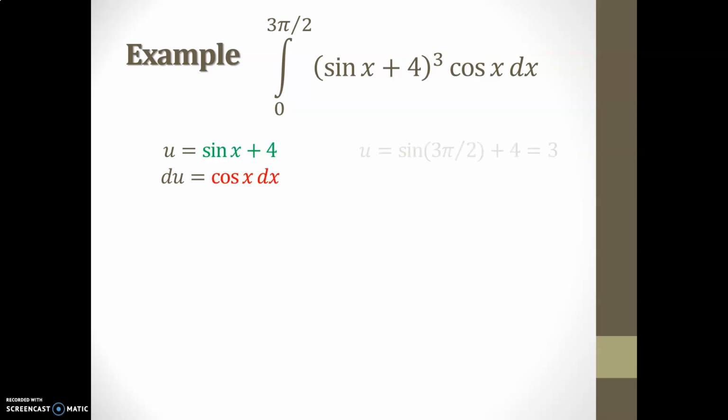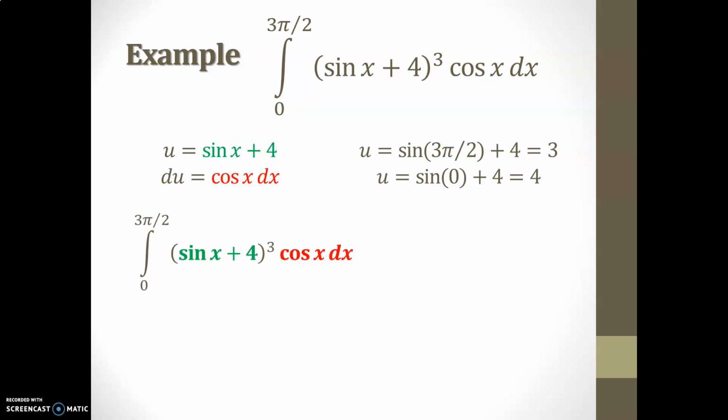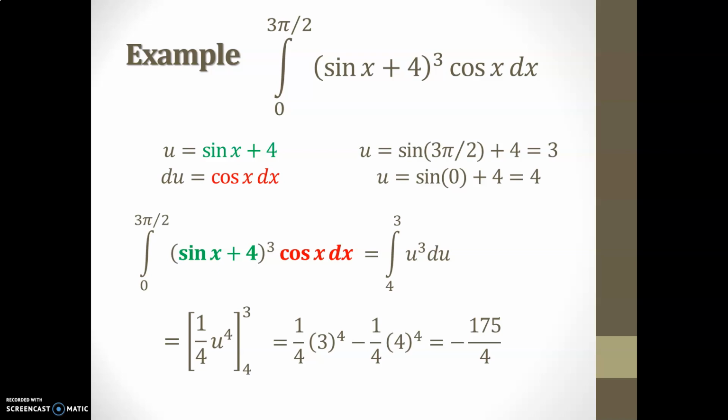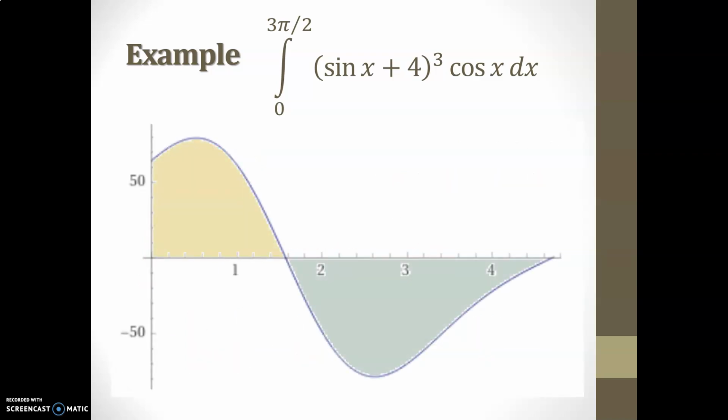Now the bounds x equals 0 and 3 pi over 2 means that the u value, sine of 3 pi over 2 plus 4, would be 3 for the u integral. And u equals sine of 0 plus 4 would be the 4 lower bound when we convert to a u integral. In other words, we're switching the bounds as well. And the new bounds are those we'll apply to the antiderivative. So power rule, plug in the upper bound minus the lower bound. This is FTC again. And the end result will be minus 175 over 4. Not surprising given this function has more area